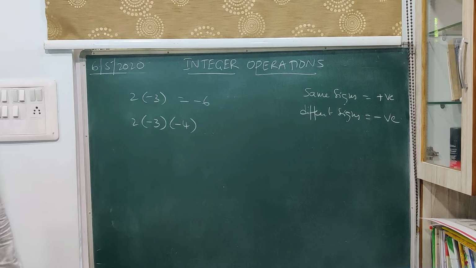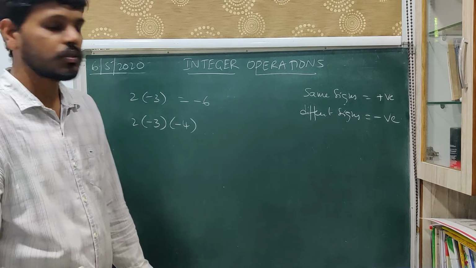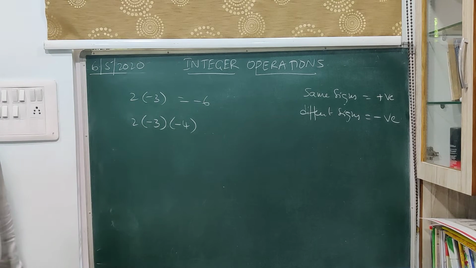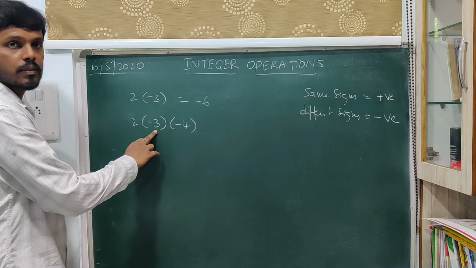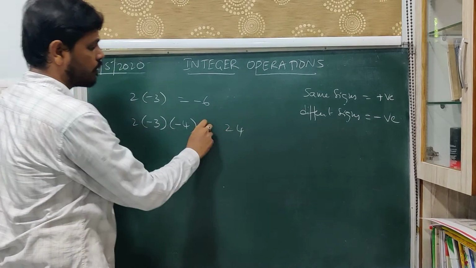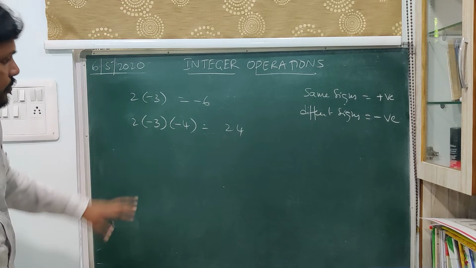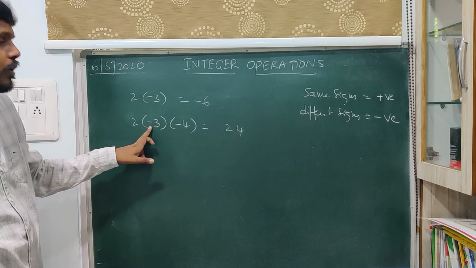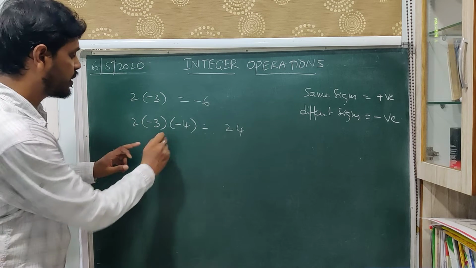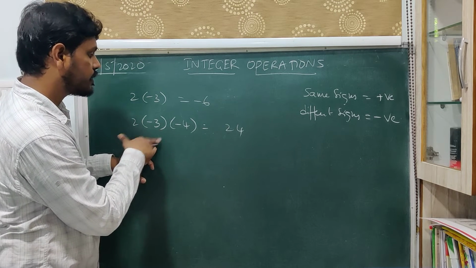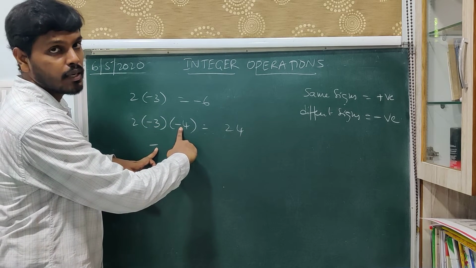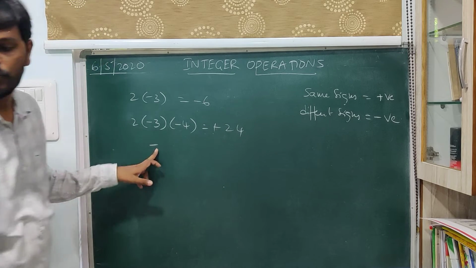Suppose this is the case. Now, I am trying to extend the same rules on multiplication with more than 2 numbers. Now, we are trying to multiply 3 integers. Again, first do the multiplication with respect to the numericals. 2 3s are 6. 6 4s are 24. Now, multiply the signs. Plus minus, you are multiplying numbers of different signs, so you will get a negative number here. Now again, here it is negative, here it is negative. Again, you are multiplying numbers of different signs, therefore you will get a positive number. So this is plus 24.